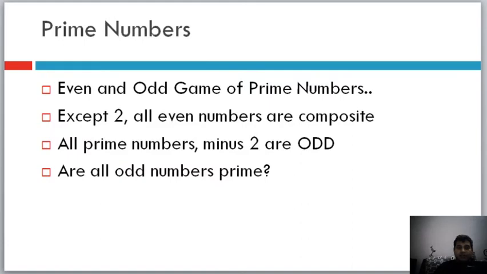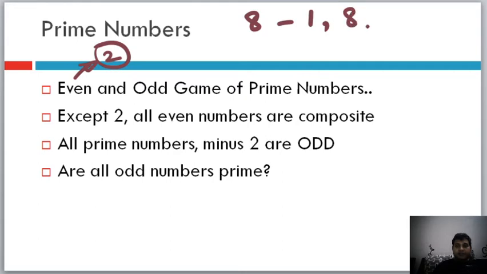Now let's go to the next one. Cool. Even and odd in prime numbers. So I've already told you that 2 is the only even number which is prime. इसके अलावा कोई भी even number है तो आंख बंद करके we have to assume that it is a composite number. Why? Because any number, let's say 8, will be divisible by 1, will be divisible by 8, and then of course because it's an even number it has to be divisible by 2. So the number of factors is more than 2, and hence it will not be a prime number.